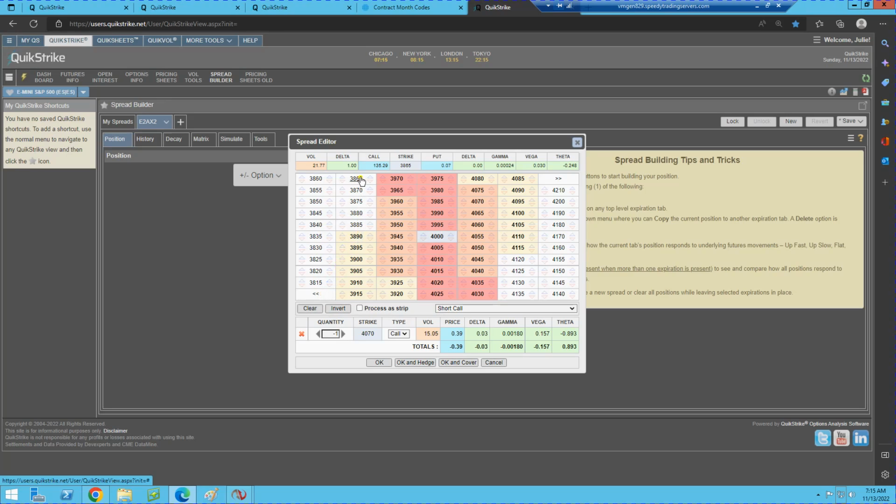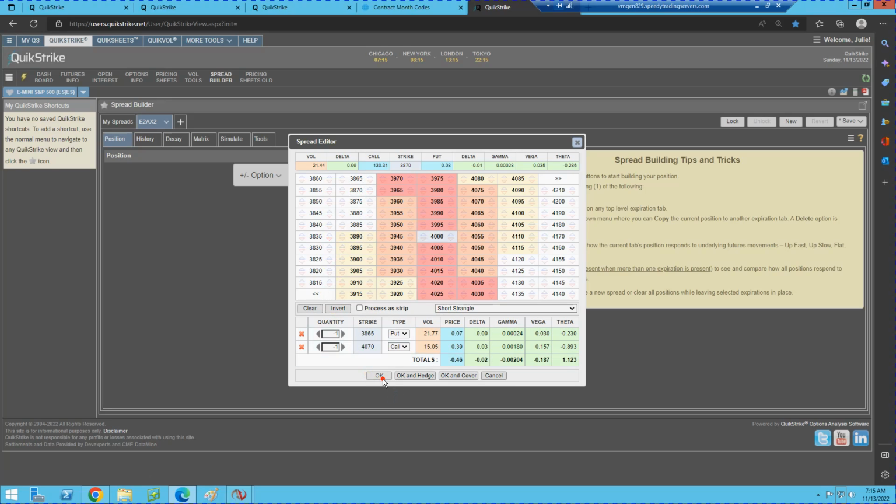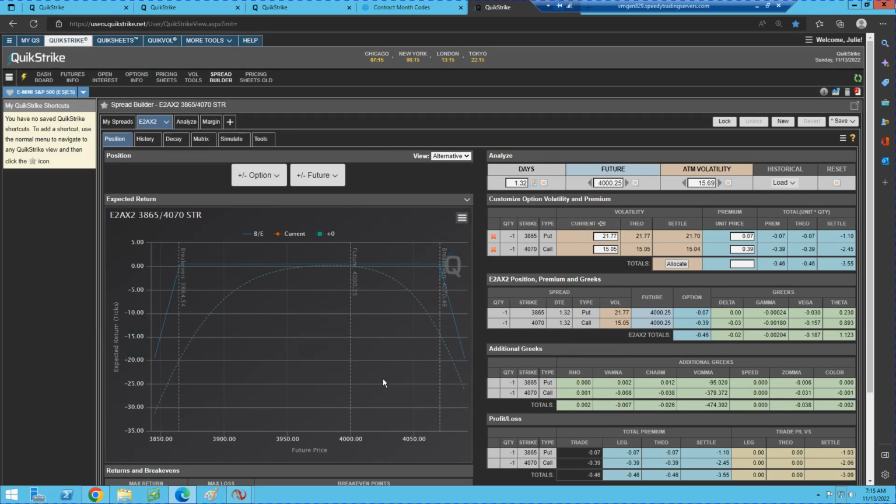Let's do 38.65, short put, say OK, and I've got another $460. So 460,